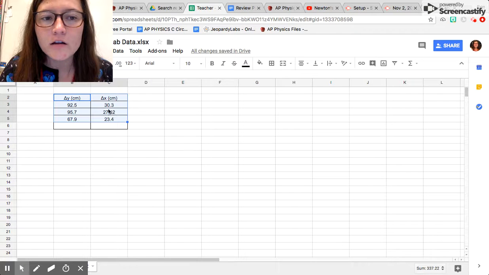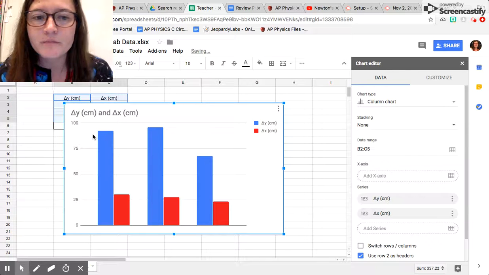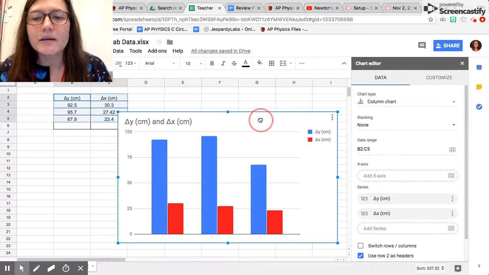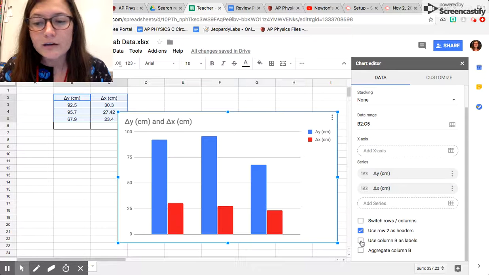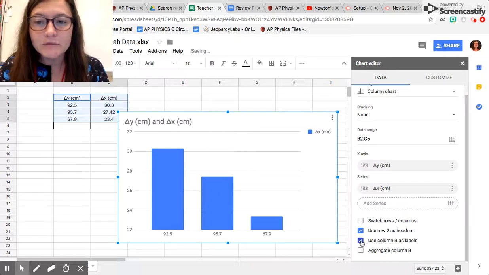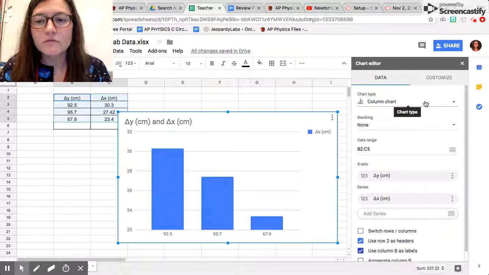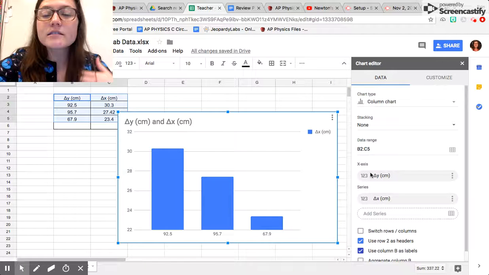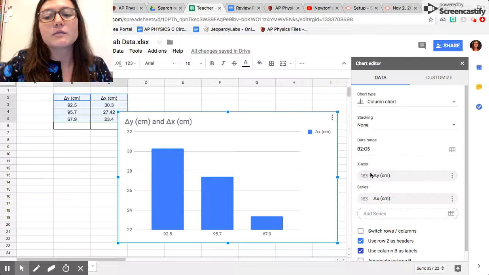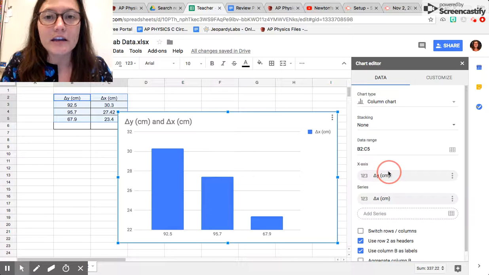Head to your toolbar where it says Insert and click on Chart. You will see that a graph pops up. First, scroll down to the bottom. You want to use column B as labels. Before you change your chart type, make sure that the x-axis says delta y and that your series is labeled as delta x. You see that here. Delta x should be the height of your